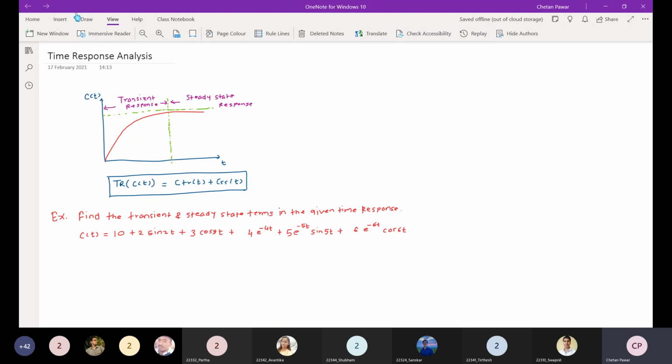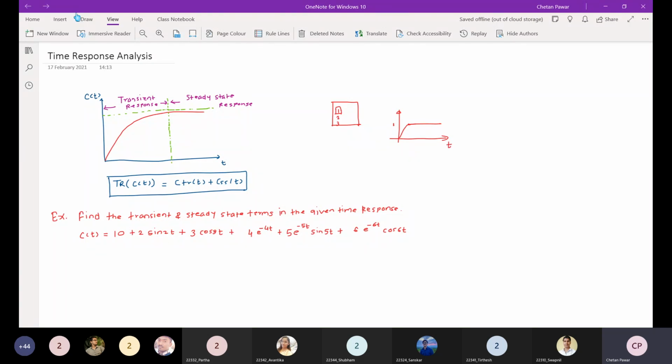Okay, in the first unit I gave you the example of an elevator, right? If there is an elevator system, there are different buttons, 1, 2, 3. As you press button 1 and you are at floor 0, that elevator will take some time to reach floor 1, right? After that, if no button is pressed again, the elevator will stay at that floor only. So that is the steady state.